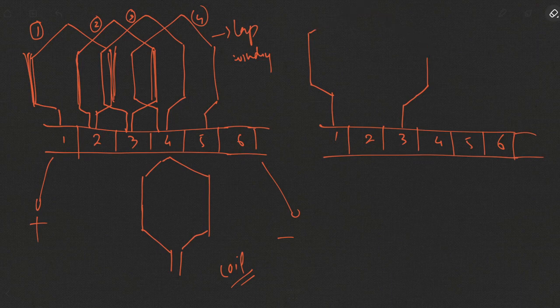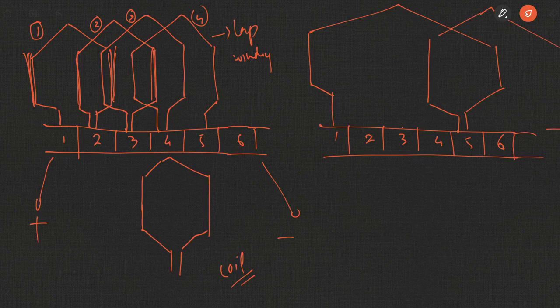I will rub this off. You have this will end up at commutator segment 5. So from commutator segment 5, the next coil will start, and it will also end up somewhere at, for example, 11. So coil number 3 will start from 11 and finish at, for example, commutator segment 17. It may start from 17 and end up back at 1. So this is how